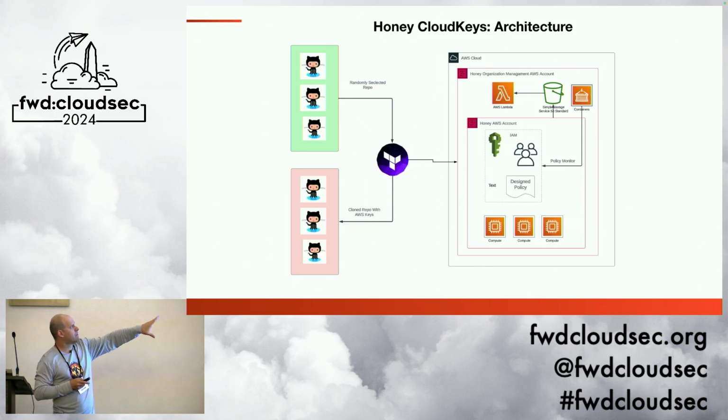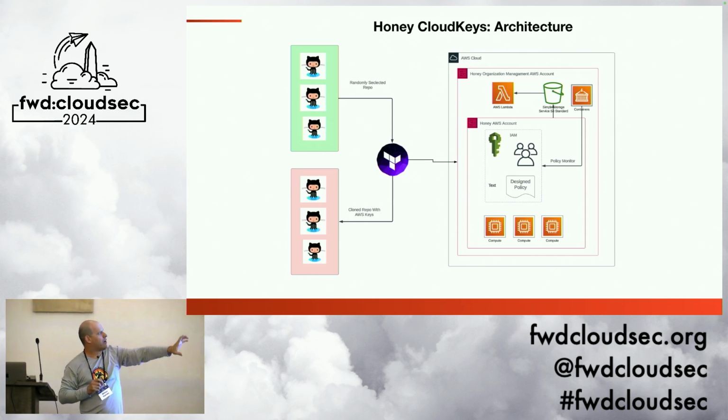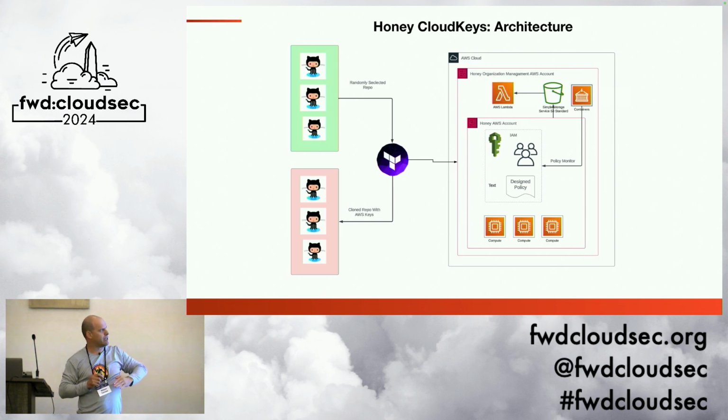So this is the architecture. Basically what we did in this cloud key, this module that you see there is part of the whole architecture that we have. They have all the same monitoring system. And basically what we did, we randomly selected the GitHub repo, and we clone that repo and we leak the keys in different ways, all the ways that I mentioned. Once we have that, publicly we will see a threat actor collecting those keys and doing action in the AWS